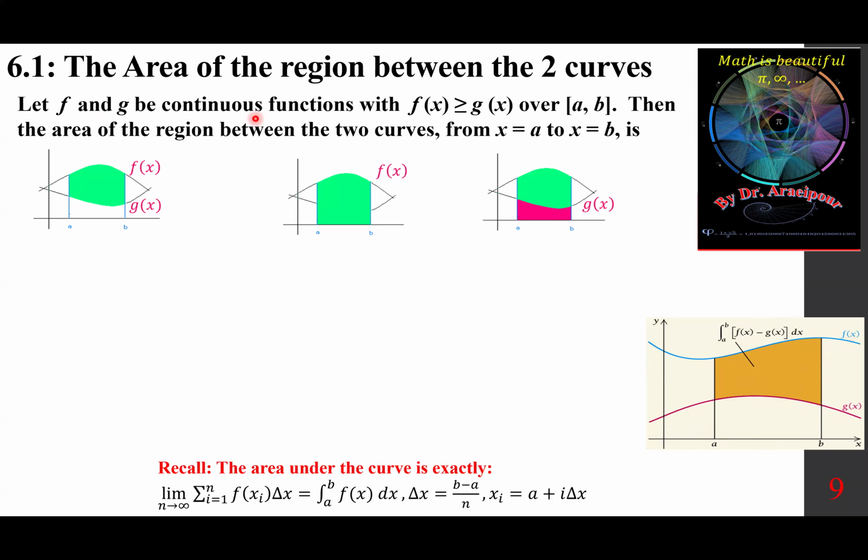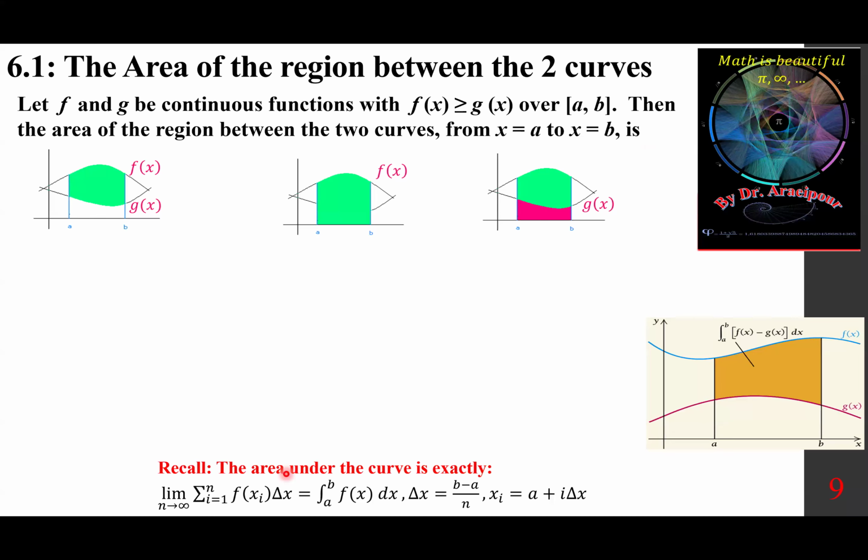Let f and g be continuous functions with f larger than or equal to g. That means it's at the top. Over the closed interval of a to b, the area of the region between the two curves from x equals a to x equals b is